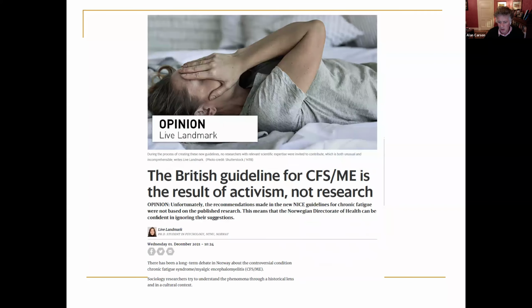Not all patients, and we see some extreme ones, and we see this, for instance, in the guidelines on chronic fatigue and ME. It's really a result of activism, not science. There's not a single recommendation in this guideline that's based on any scientific evidence. It's essentially a group of people sat around a table who said, this is what we would like ME to be. Interesting point, however, made by Liv Landmark in this article out this week in a Norwegian scientific journal, was that only voices of non-recovered patients were allowed around the table. They weren't interested in speaking to anyone who got better.